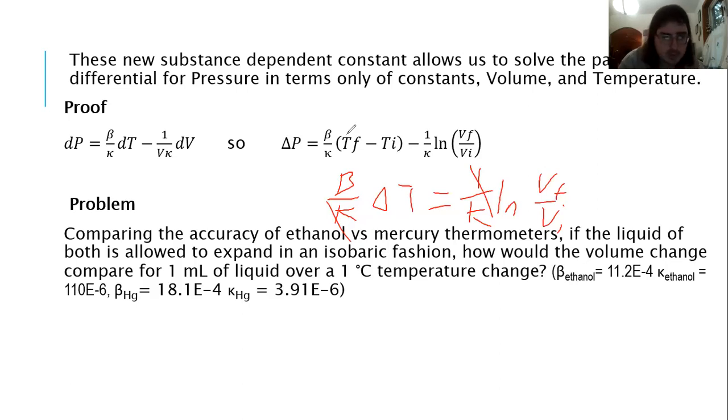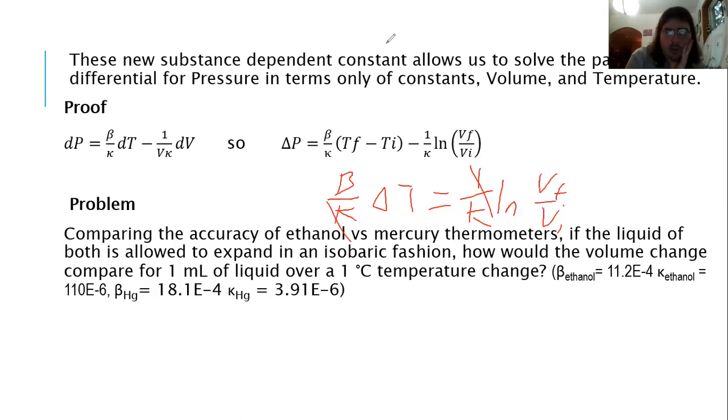So the error and the change, how much has changed? If you expect this to be linear, we have essentially a 0.11% change. Now let's look at mercury. Once again, the kappas cancel out, 18.1 times 10 to the negative fourth. Inverse log that. That's changed by 0.10018. So instead of 0.11% change, it's 0.18% change, meaning that